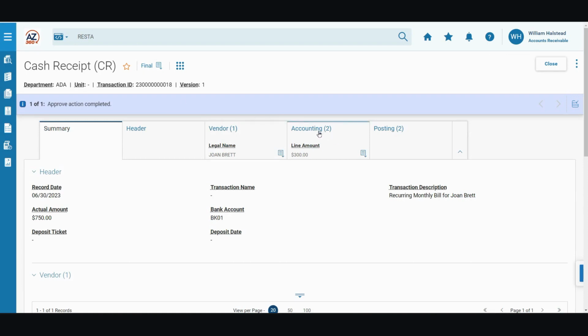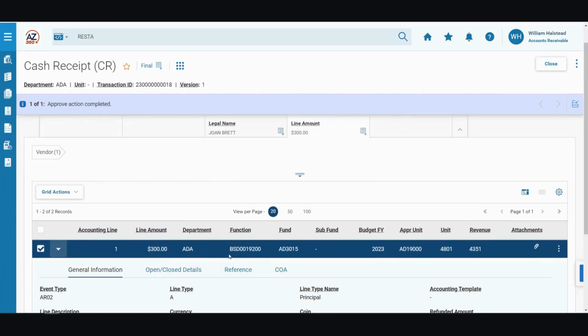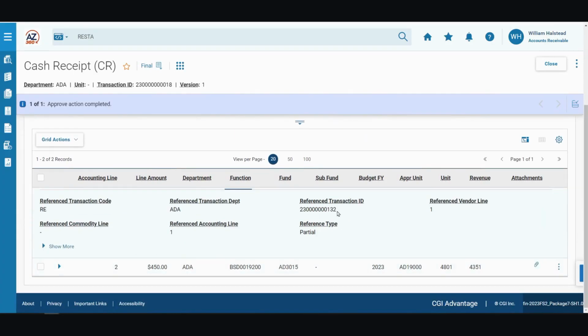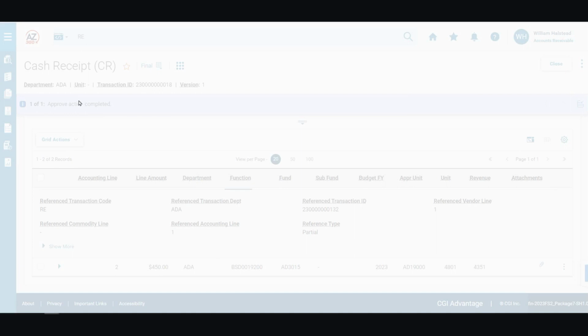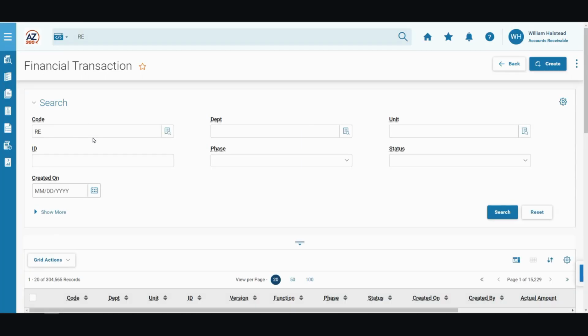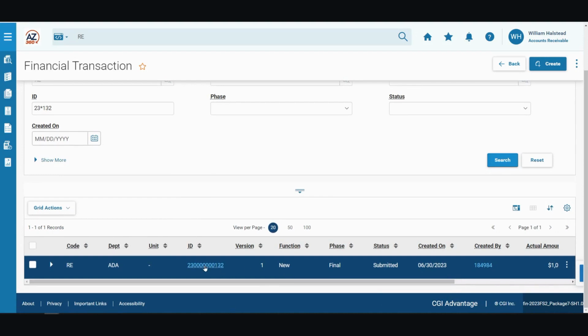What we will now do is go to the accounting tab, click the down caret, reference, and make a note of the reference transaction ID for the RE that was copied forward, so 23132. And we're now going to see the accounting impact on that originating RE. So in the global search field, we're going to type in RE, click on Receivable, and in the ID field that generates, we'll go ahead and type in the RE transaction number using a wildcard asterisk to cut down on the result. So 23 wildcard asterisk 132, click search, and you'll go ahead and click on the ID link to